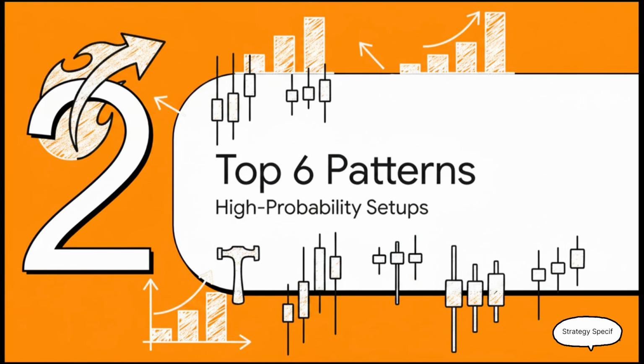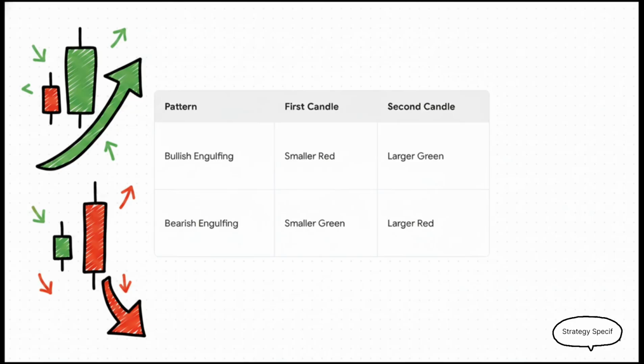Okay, Section 2, the top 6 high-probability patterns. Now that we've got a handle on the language of momentum, it's time to learn the specific patterns that are actually proven to work. First up is the engulfing pattern. Now, this is a 2-candle sequence. Imagine a downtrend, right? You see a smaller red candle, and then suddenly, bam, a massive green candle forms whose